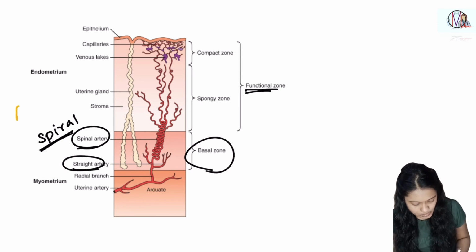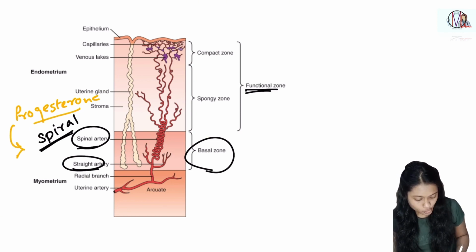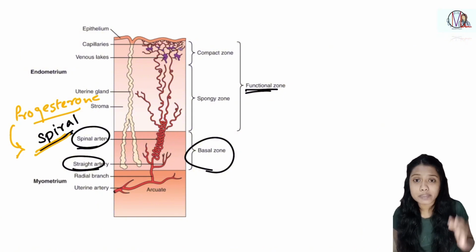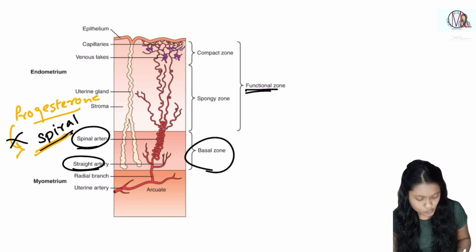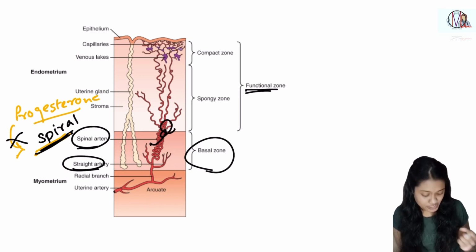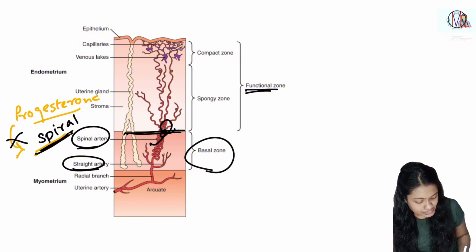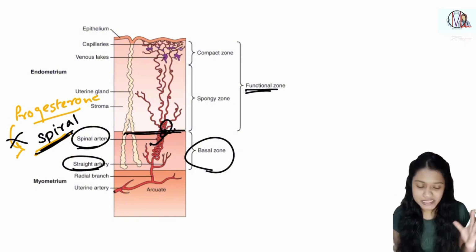So this progesterone is important for the normal functioning of the spiral arteries. Now if there is no progesterone, therefore these spiral arteries will constrict. And because of this, the endometrial tissues will shed during the menses. Okay,